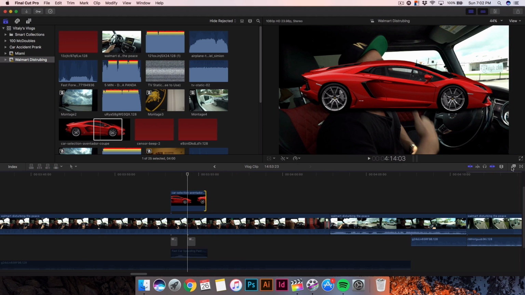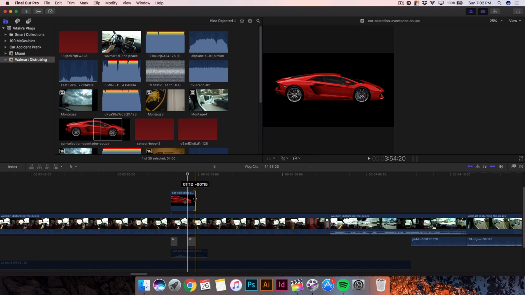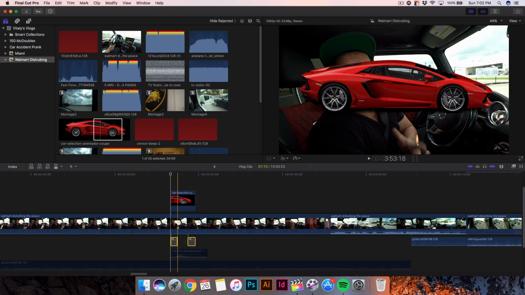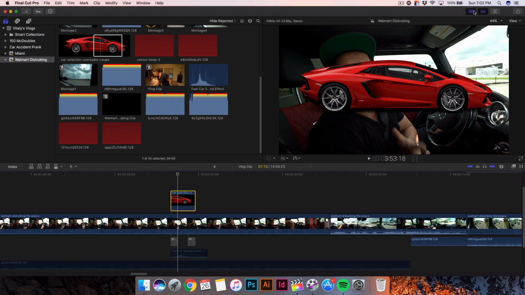So I'm going to go ahead and make sure that the snapping is enabled. So I'm going to go ahead and snap this. Normally I have the whoosh transitions. Let me go ahead and just show you guys what to do. So we have the car here, and we want to go ahead and, you know, scale this and animate it. So how do we do it? Well, it's really simple. So first, I'm going to go ahead and I'm going to get rid of that,